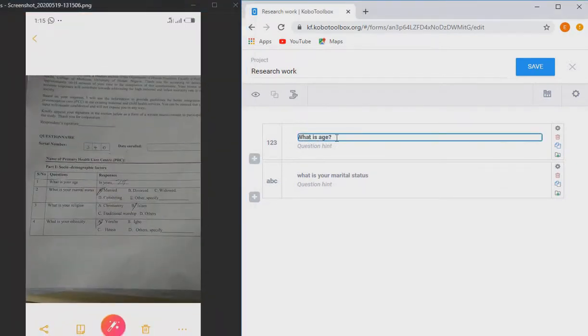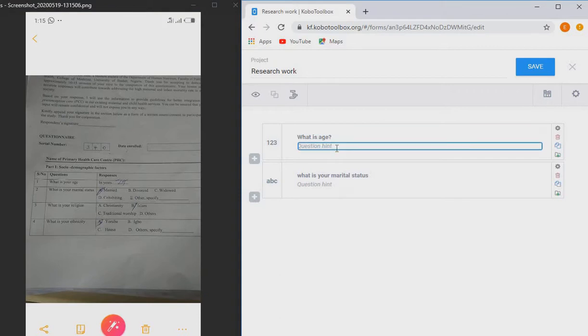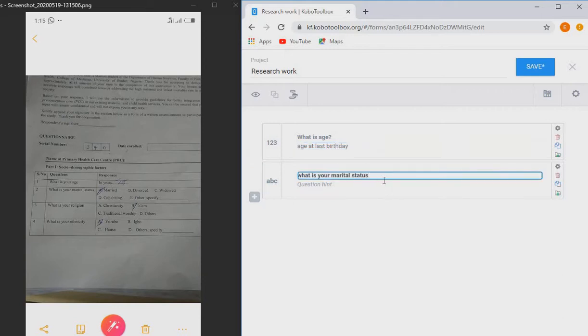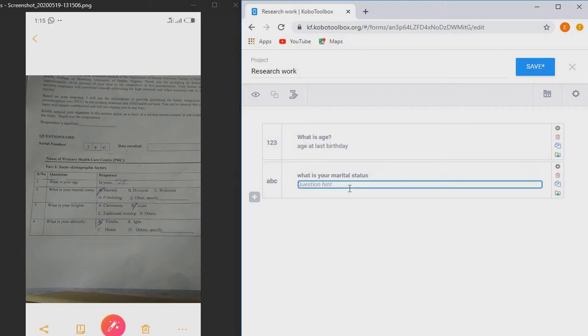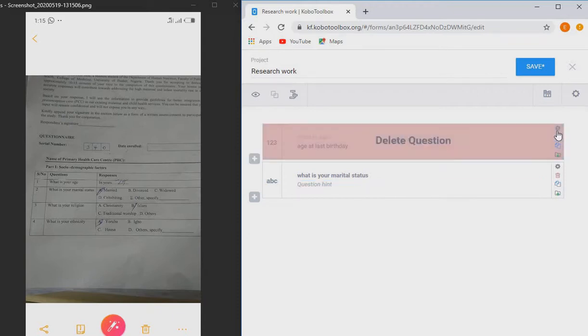So it has even given us a hint already. So what's your age? So your hint can be age at last birthday, for people, so that people don't feel okay. So can you say what's your marital status already? So we can just say you don't need to put a hint there. Alright, so you